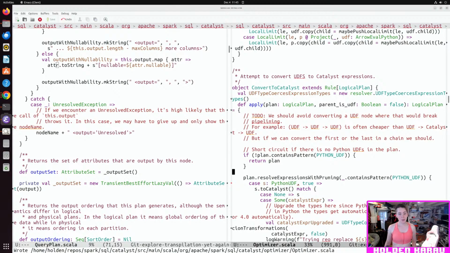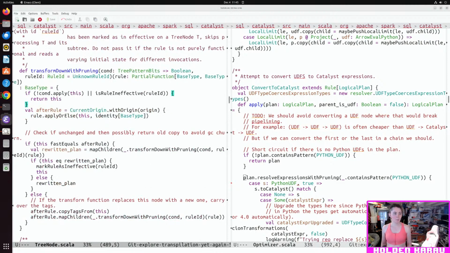Otherwise, plan. So in that case, what we're doing here, I don't actually want to transform down with pruning per se. Okay, so this is our rule, but our rule is a little funky.